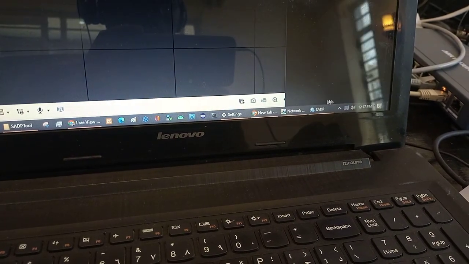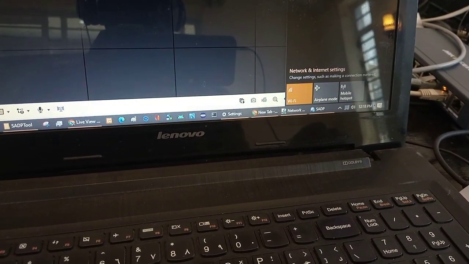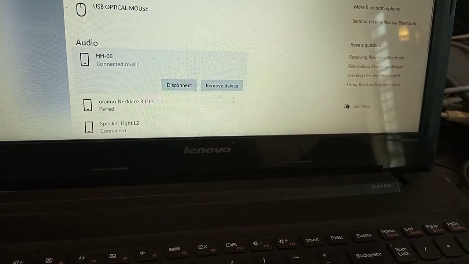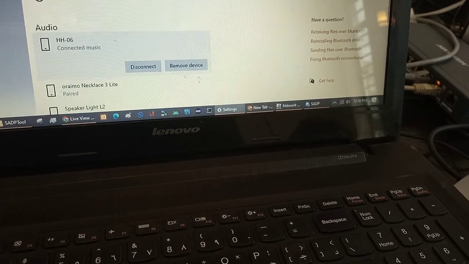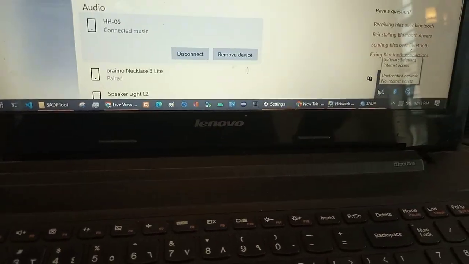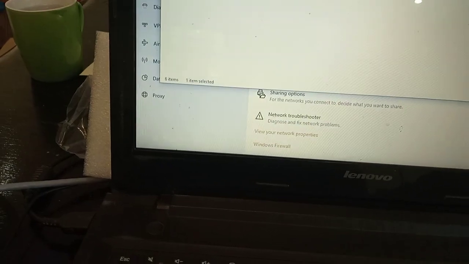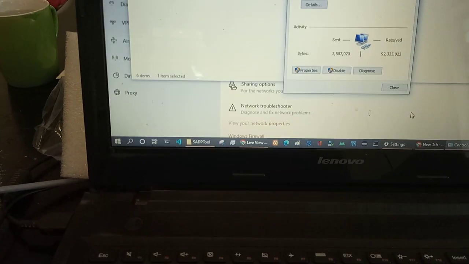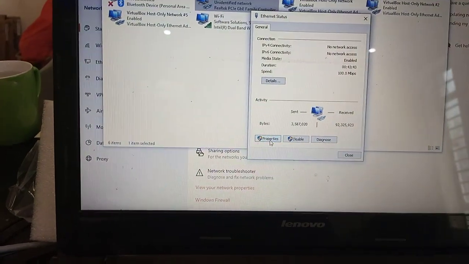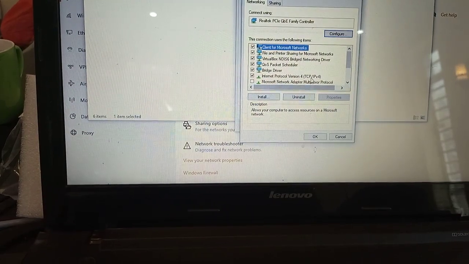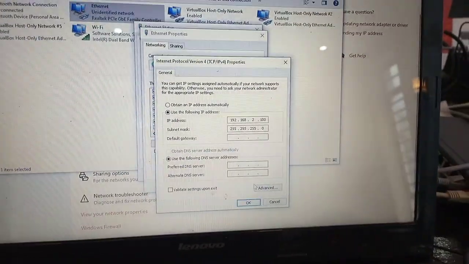So if you go here, you see I'm connected. You just have to say change network adapter and give it the same IP address. I'm connected to the Wi-Fi and I'm also connected here. So you just go here, change network adapter, then you come here and say properties. So this is the initial state. You make sure that the IP addressing is on the same subnet. So you can see I'm on the .2